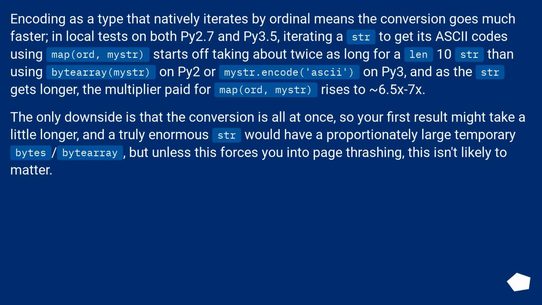Encoding as a type that natively iterates by ordinal means the conversion goes much faster. In local tests on both Py 2.7 and Py 3.5, iterating a str to get its ASCII codes using map(ord, mystr) starts off taking about twice as long for a len 10 str than using bytearray(mystr) on Py 2 or mystr.encode('ascii') on Py 3, and as the str gets longer, the multiplier paid for map(ord, mystr)